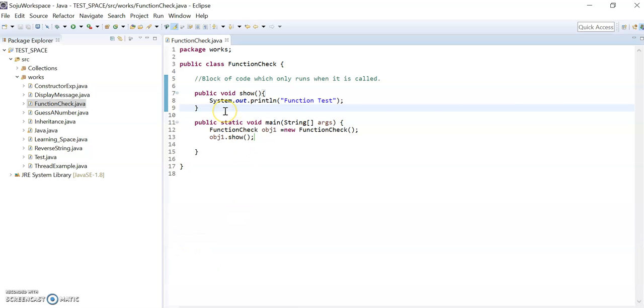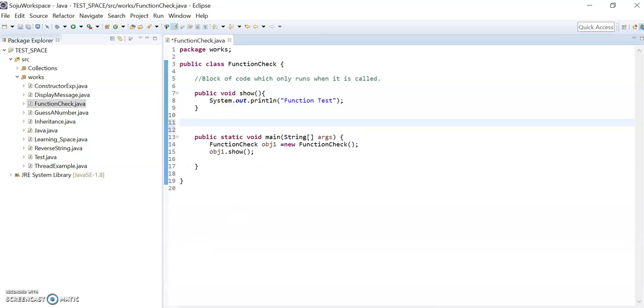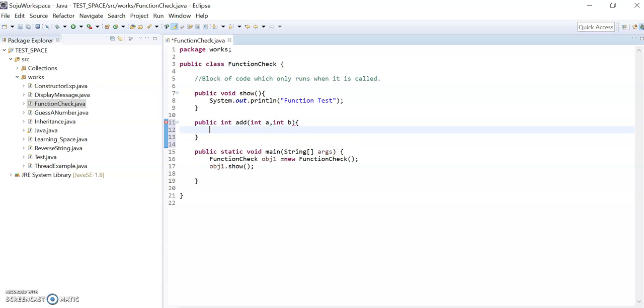So I am going to create another function, public. It is returning, I want a return. So int, I am going to add two numbers. So int add, and I am passing two parameters, int a comma int b. Here it is showing an error, because the method must return a result of type int, since the return type of this function is integer.